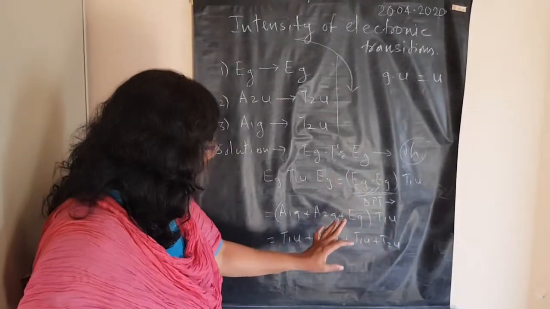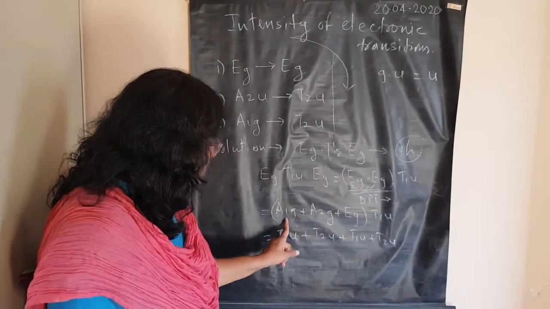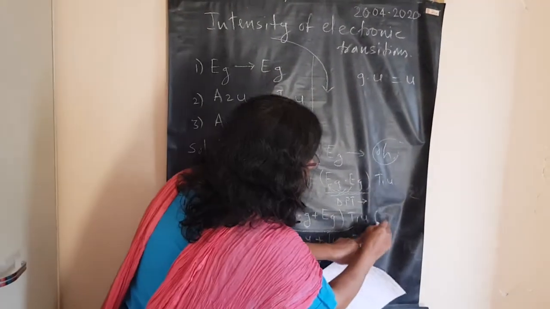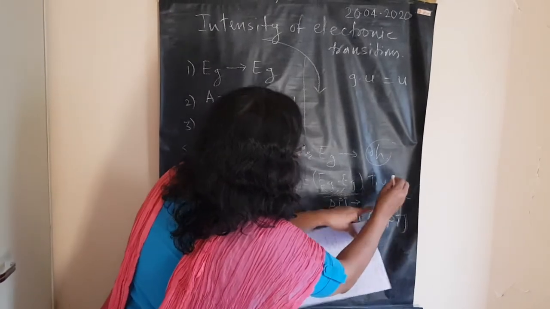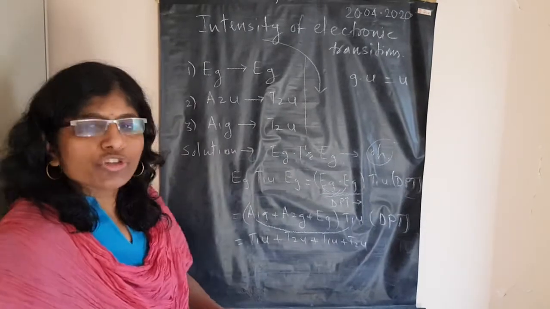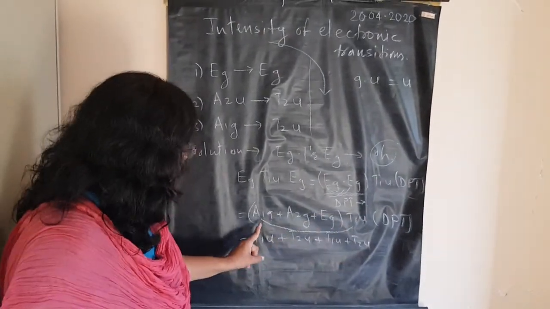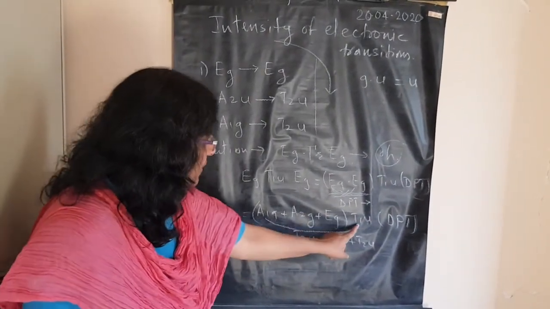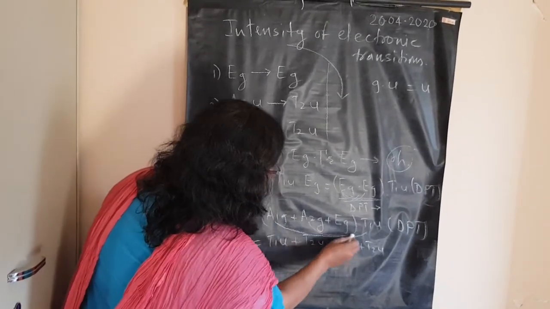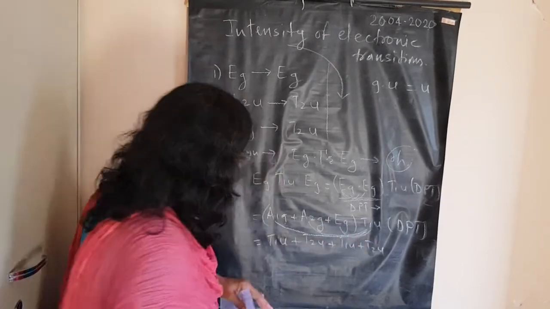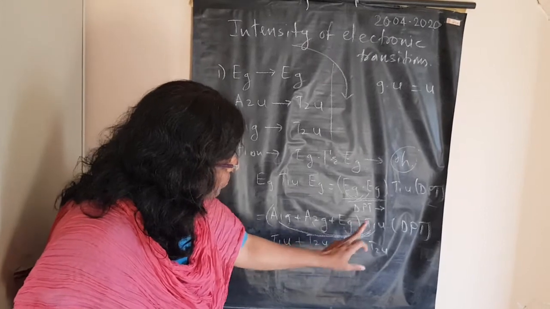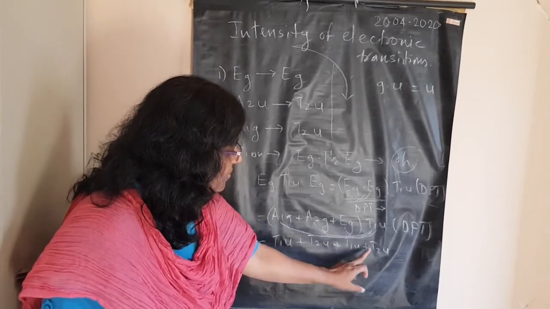Then in the next step, you have to multiply A1g with T1u. Again here you have to use the direct product table; keep in mind, follow the last two pages of the question paper. First A1g to T1u gives you T1u. Similarly A2g to T1u, and Eg to T1u. A2g to T1u gives you A2, and Eg to T1u gives you T1 plus T2.